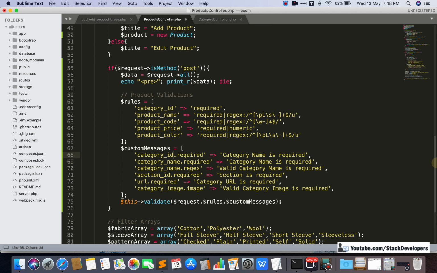After that we are going to add the product name: product name is required. And after the regular expression for product name: valid product name is required.